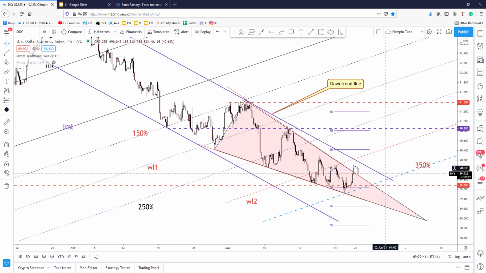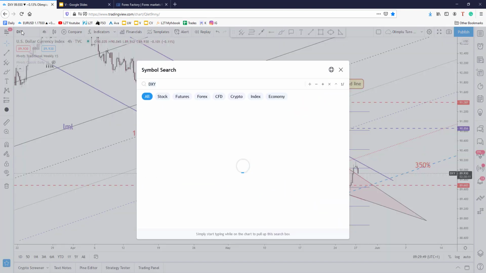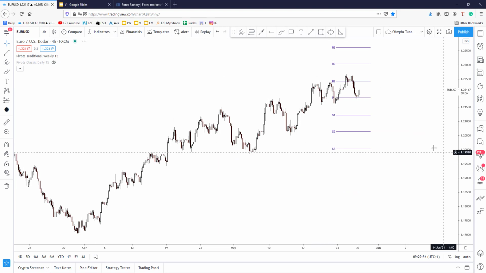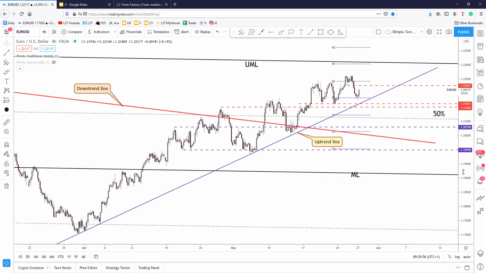So right now the US dollar depreciates again versus its rivals, and let's take a look only because the DXY drops right now. So let's start with the euro versus the US dollar, and here you can see that the price of the euro versus the US dollar has decreased after failing to stabilize right above the R1 weekly resistance, after failing to reach again this higher high 1.2266, and right now it has decreased, it has retested the weekly pivot point